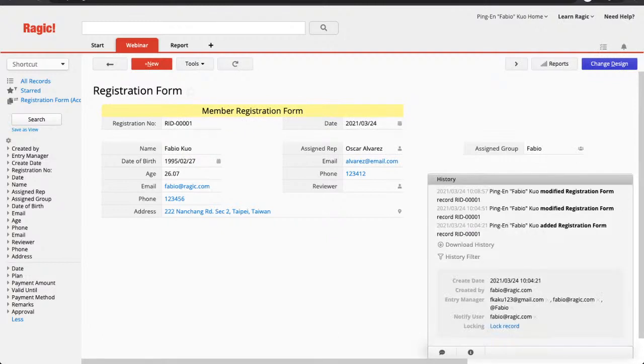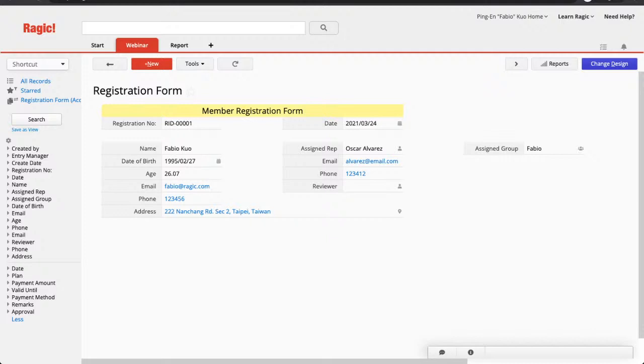As you can see right here, the entry manager. There's another one called @Fabio, which means the user group Fabio. And finally, just to remind you guys, all the select user fields or the select group fields, you can enable multiple select for them. And that comes in handy when you need a lot of users to be in charge of a specific entry, such as a specific client, a specific product order, a specific inventory product management, and much more. Depending on what your workflow is, there are various